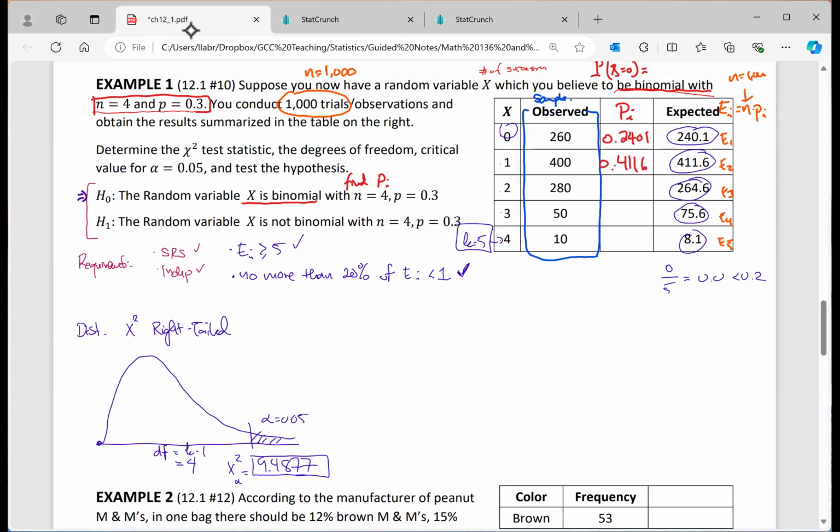There's our critical value. Remember that this is the level of disagreement that we must exceed before we can say there's too much disagreement, so my sample doesn't seem to agree with that expectation. So let's compute the test statistic